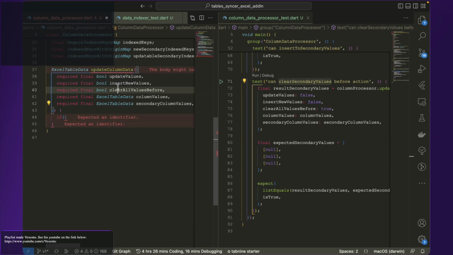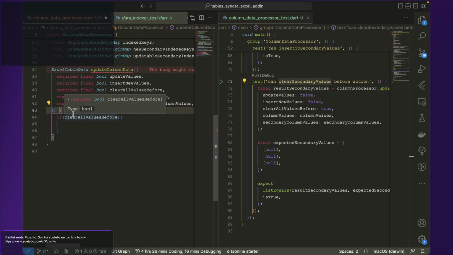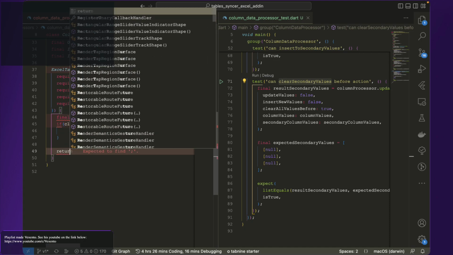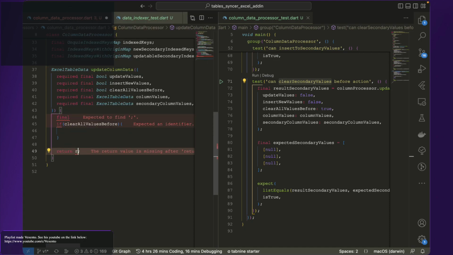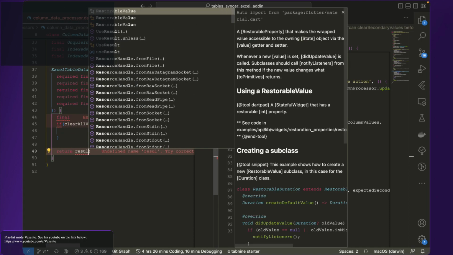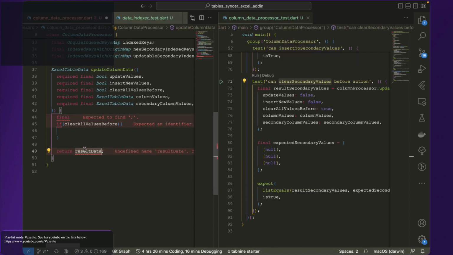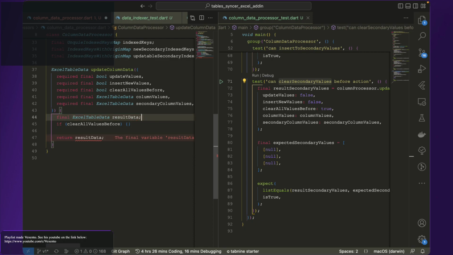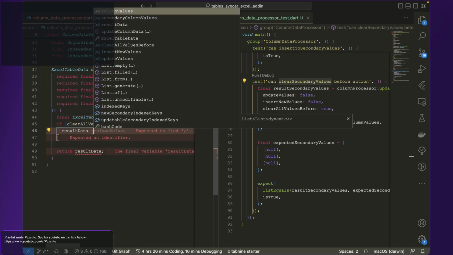If clear all values before, the values which will be returned, result data table data will be just